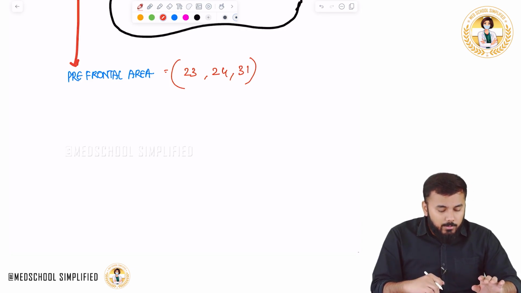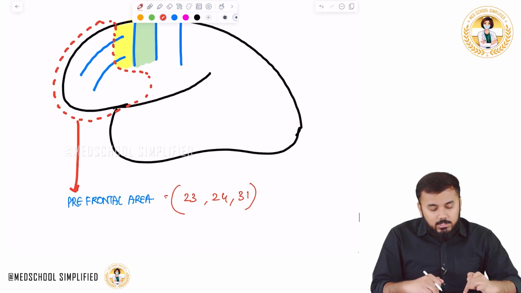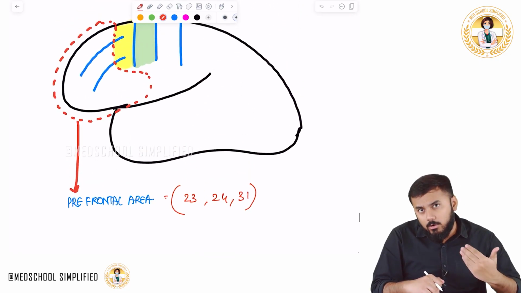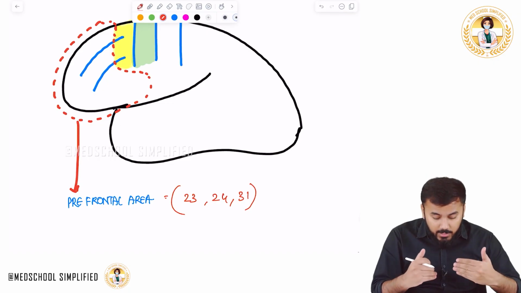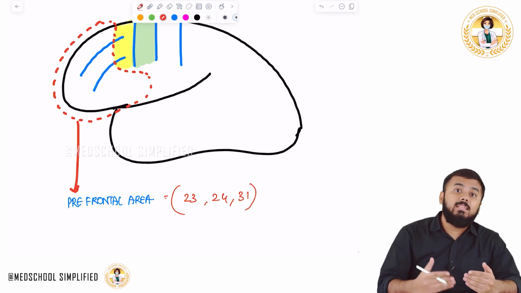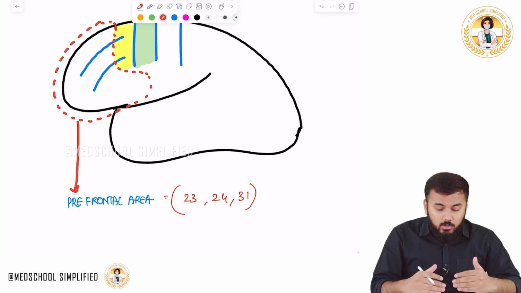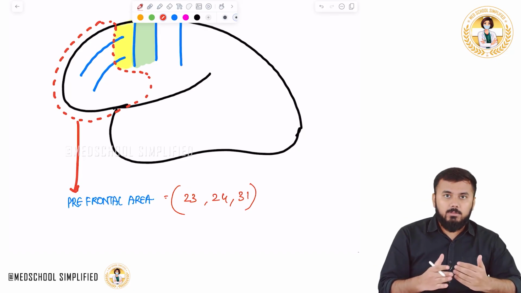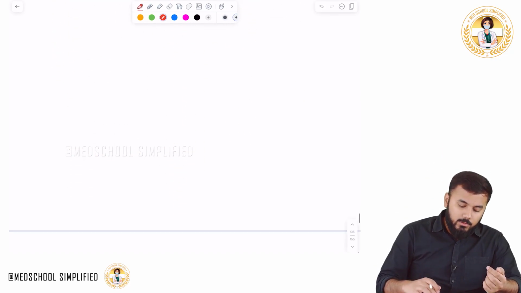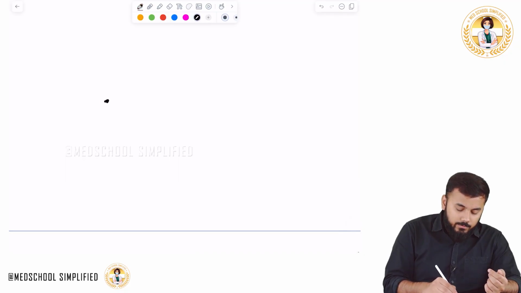I will tell you that, but before that you should know, is this prefrontal area also located on the medial side? Yes, this prefrontal area is mainly located on the medial side only. Okay, so now I will draw a picture behind this. It means the medial surface, like this. So, medial surface, when you look,